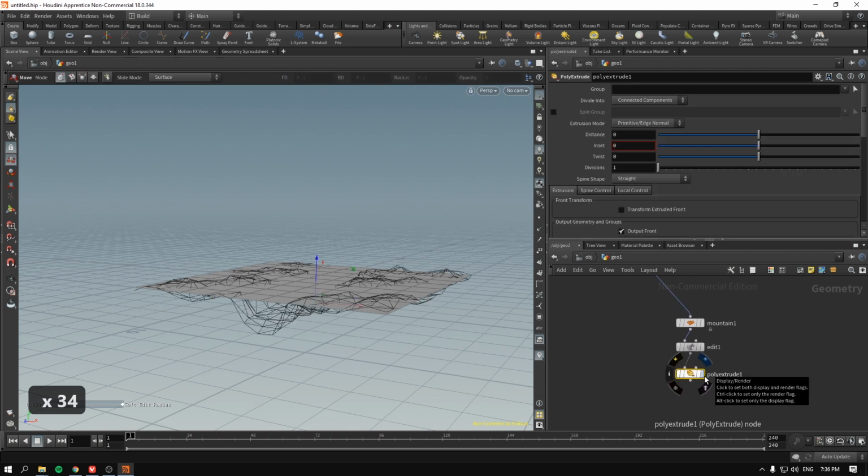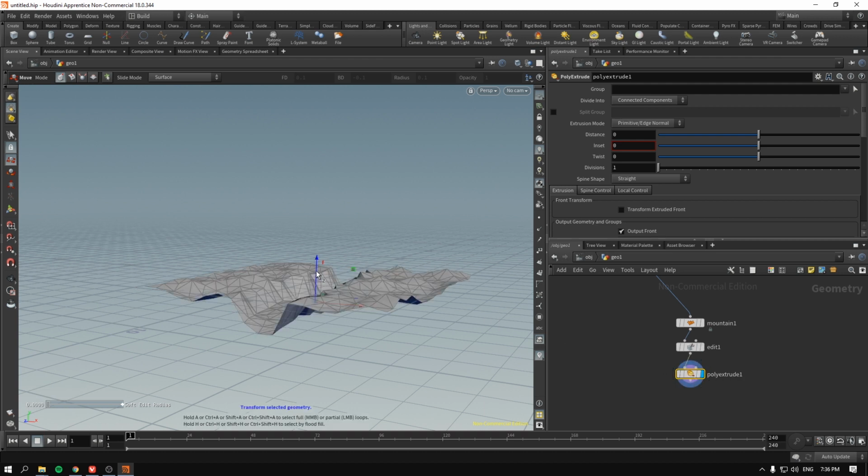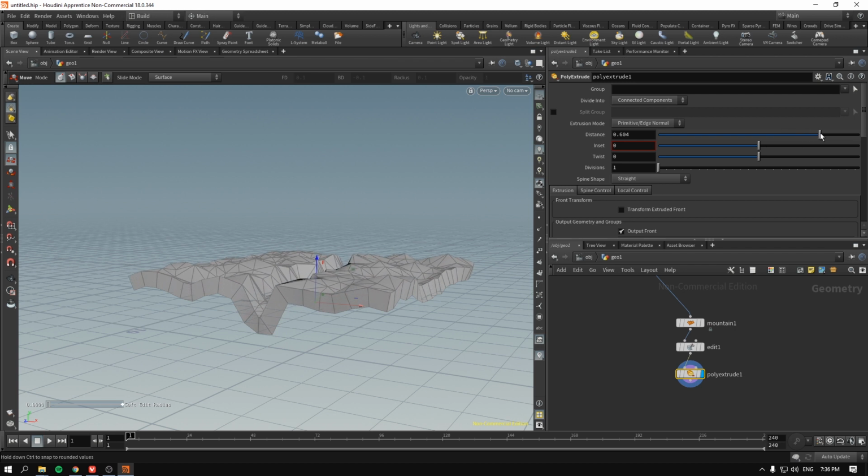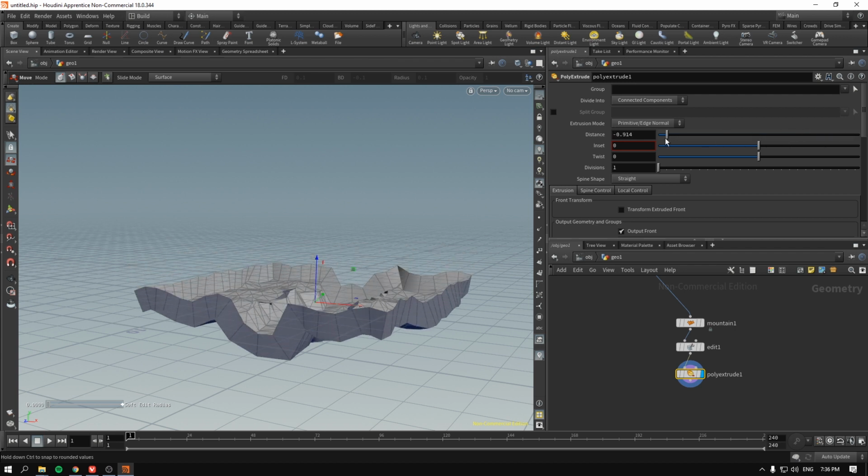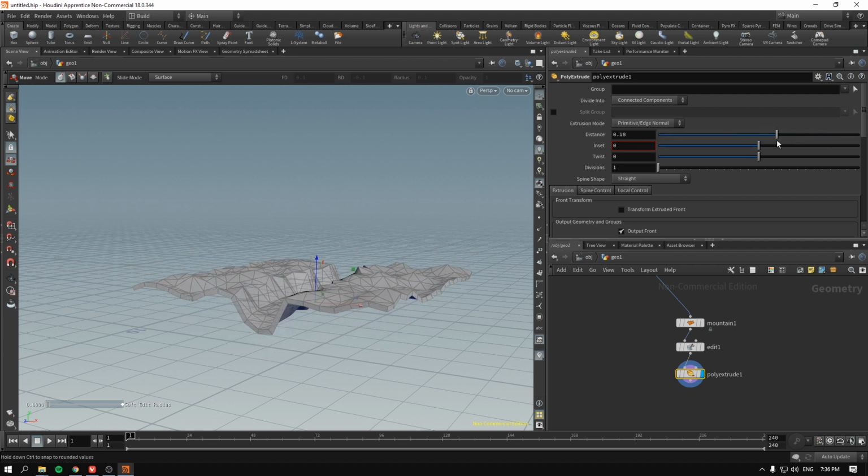So if we want to thicken it, we need to extrude things. But if we just start extruding things, you can see at some point it gets broken, right? I don't really want that. Of course, this is very useful, and we will talk about this a little bit later. But for now, we can just make the distance 0